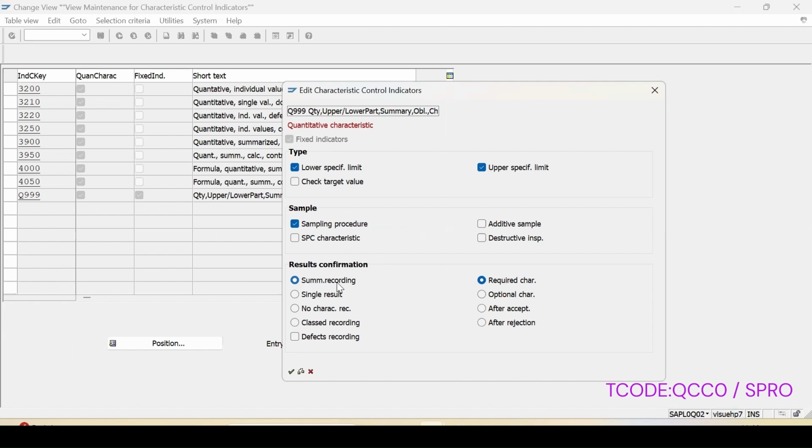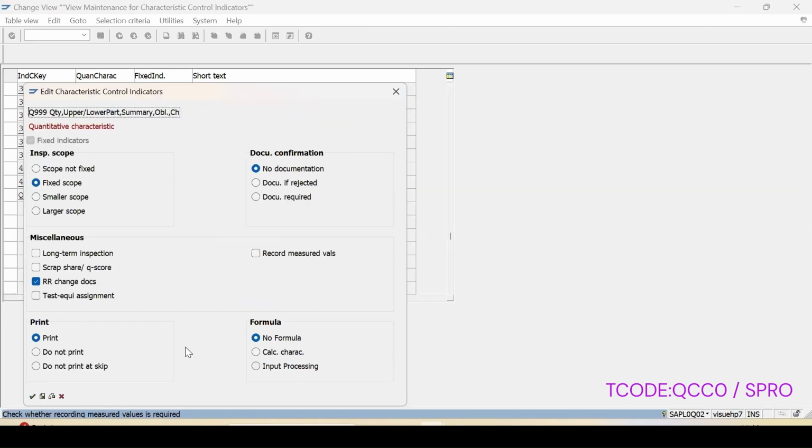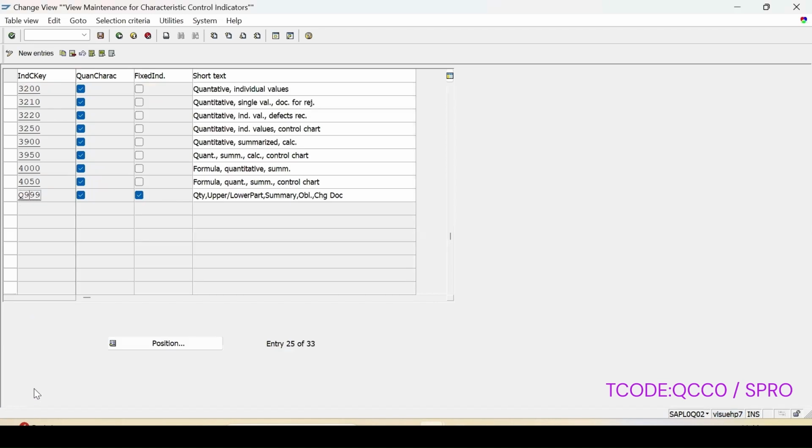Lower upper limit, sampling procedure, summarized recording, required characteristics, and other details are maintained, like result recording, and change document is selected for this. If I try to create an MIC with the same